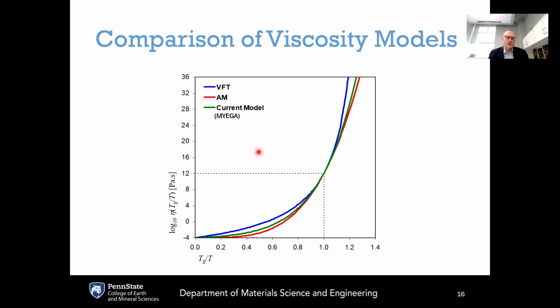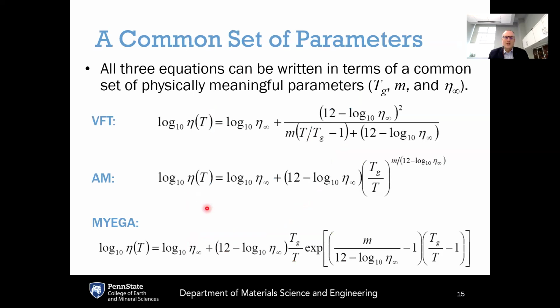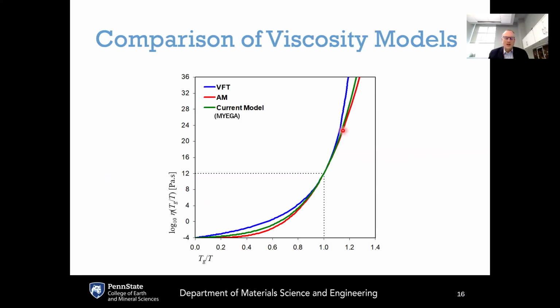From Angell's definition of the glass transition temperature, we know that at Tg over T equal to 1, the viscosity goes through 10 to the 12 Pascal seconds, so this intersection point. We also assign the models all the same values for eta infinity, for Tg, and for m. So they all have the same parameter values, and that allows us to see some of the differences in shapes